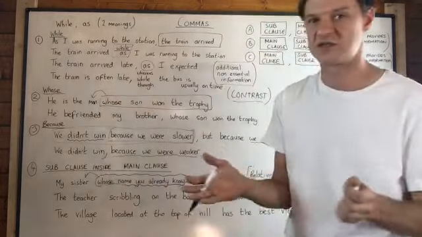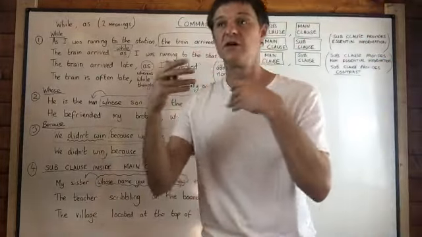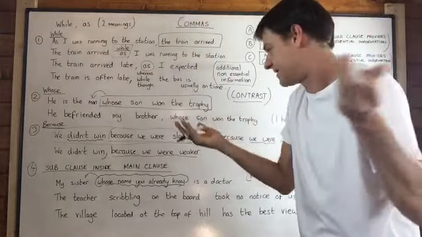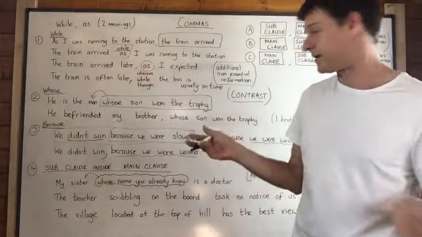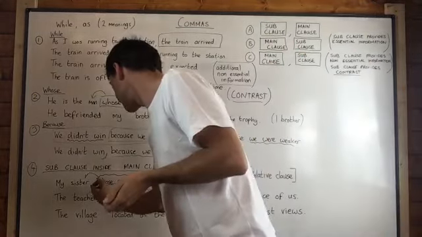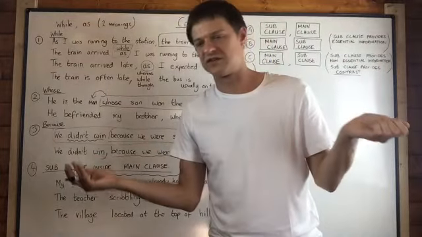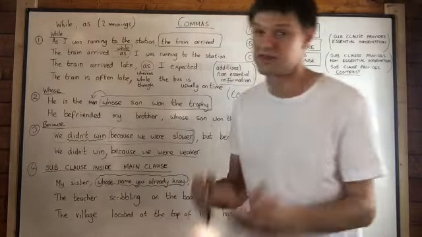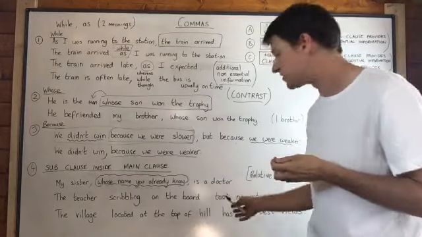It's telling us which sister, the sister whose name you already know, and not the sisters who you don't know, the sisters who you have no idea what their name is, okay? You mean the sister whose name you already know. However, if you've only got one sister, and that person knows exactly which sister you're talking about, then you say, my sister, comma, whose name you already know, it's just extra, non-essential information, is a doctor.